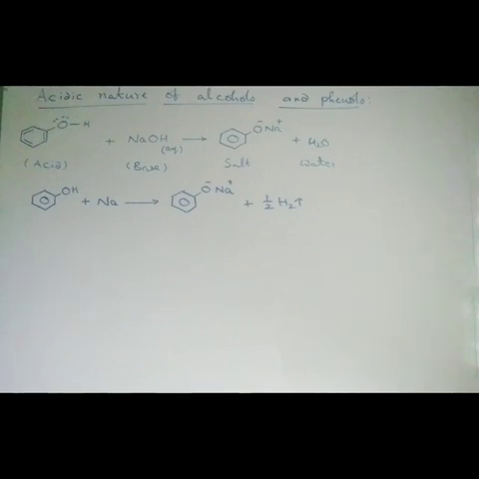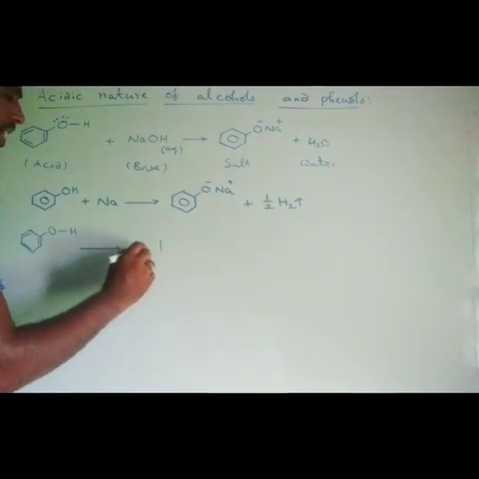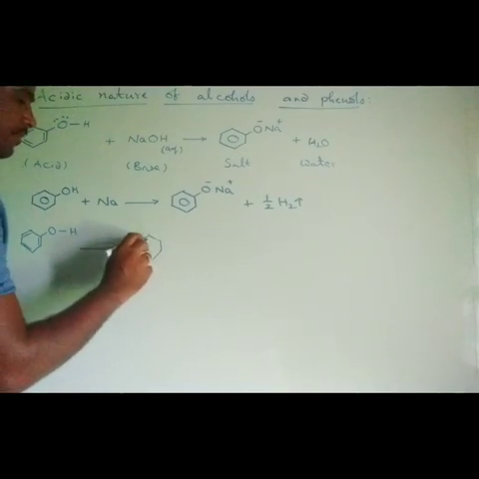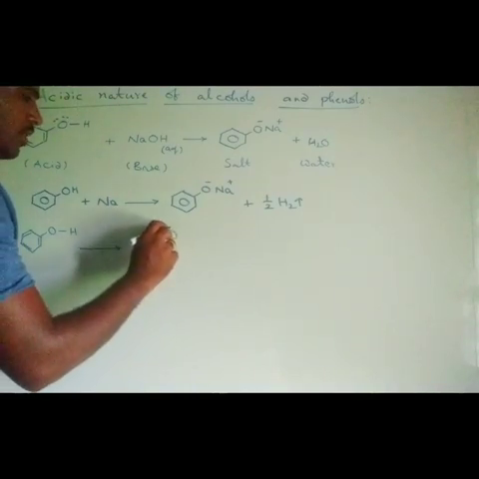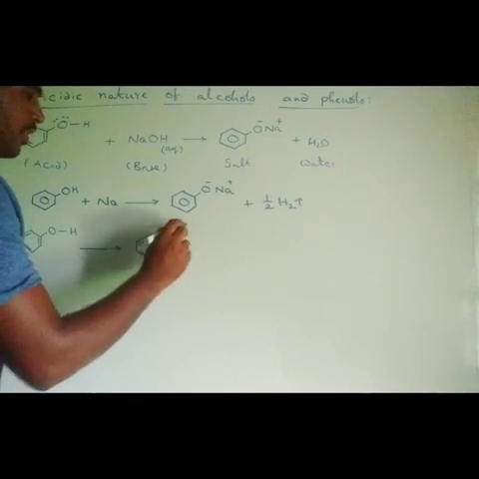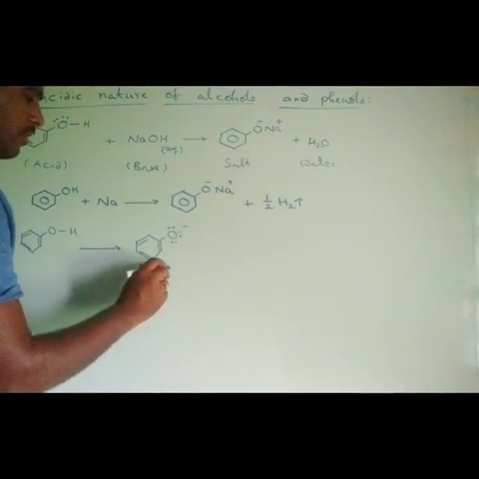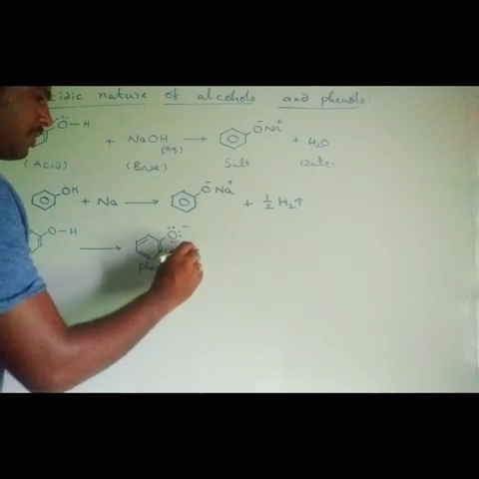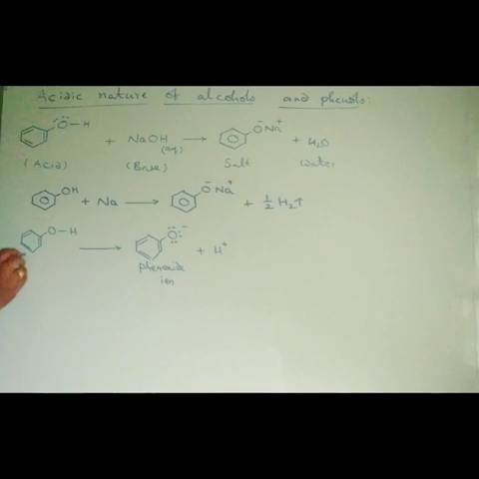But let us check into the stability and the acidic strength of phenols. In phenols, the OH group is linked to a benzene ring. If it is ionized, we will get a phenoxide ion, O minus with 3 lone pairs, and H plus. So this is phenol, O with 2 lone pairs. Phenol, on losing 1 proton, will give us 1 phenoxide ion and this H plus.